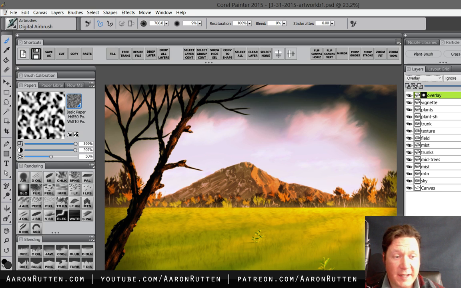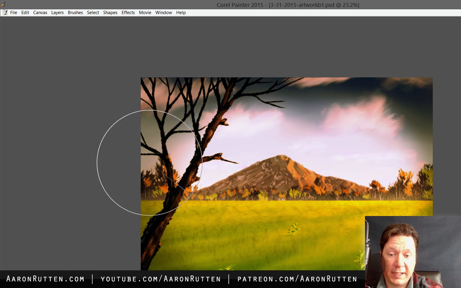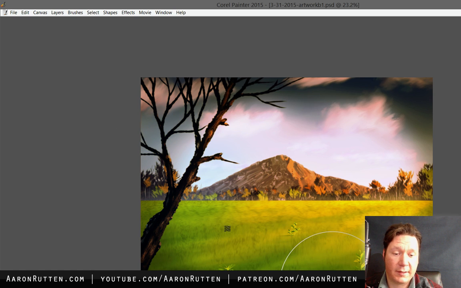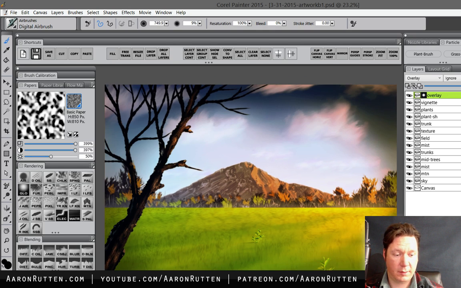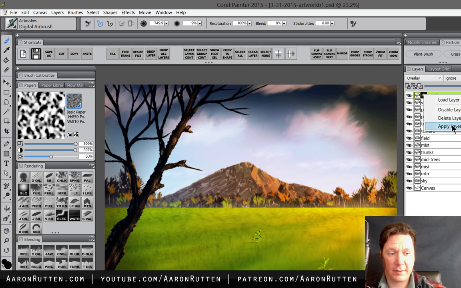So I'm going to create a mask on that layer, select black, I'm going to select the airbrush, and if I paint with black in that mask, I can remove some of that effect there. And if I right click on that layer and choose apply layer mask, I can apply the mask. Didn't crash, we're looking good. I'm going to reduce the opacity of that layer, create another overlay,